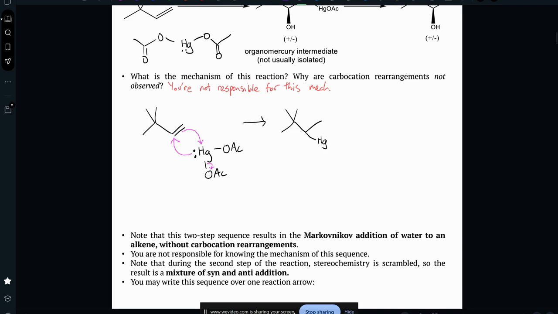So what we get is an intermediate that looks a lot like a bromonium ion. This is just called a mercurinium ion. It behaves a lot like bromonium. It's a three-membered ring with a positive charge. We've seen a bunch of these before. When we have a three-membered ring with a positive charge, we're generally going to attack the more substituted carbon